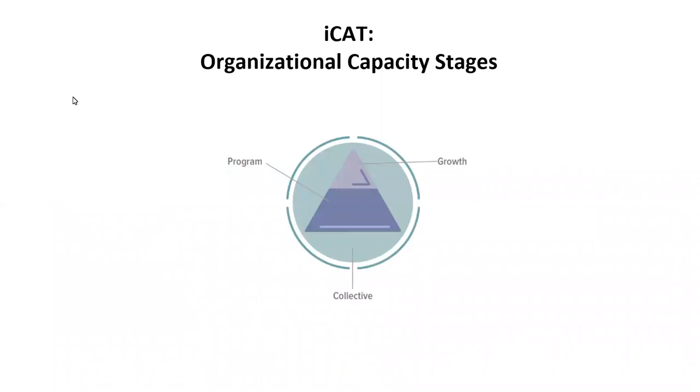So I want to talk a little bit about this organizational capacity stage piece. So this is what informs these components, or what informs what we'll see in the next slide in terms of organizational capacity stage. So the tool really looks at 3 different things. And again, it gathers this information through the survey responses, as well as the additional questions that provide some more background on your organization, and we'll talk about how they gather that in a little bit later. But this idea of organizational capacity stage is informed again by these 3 components.